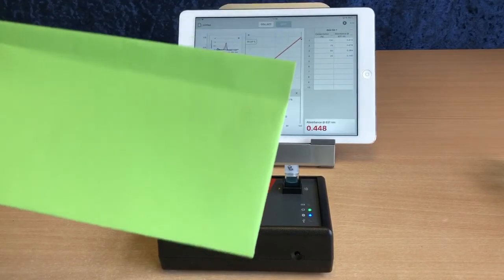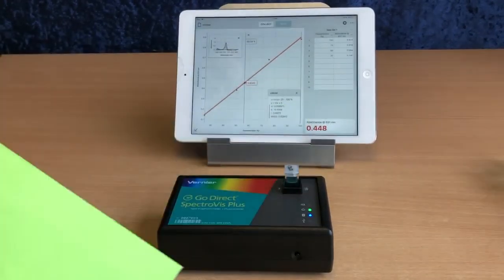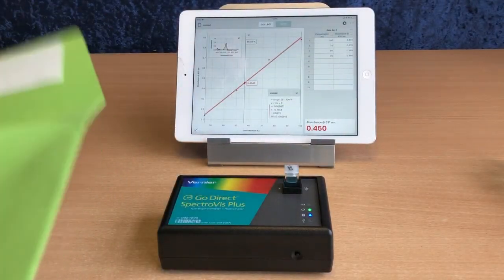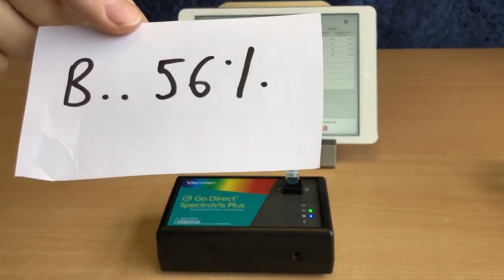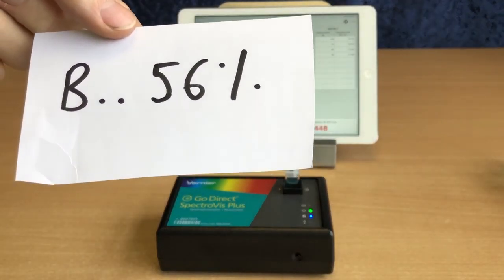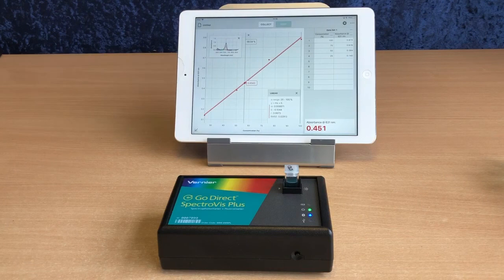I've got the envelope that contains a value that my colleague made up. If I open it, the answer is B is 56%. So I'm quite happy that I can confirm that the solution B has 56%